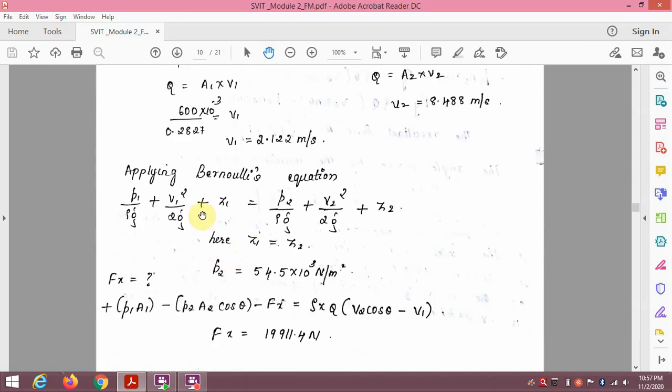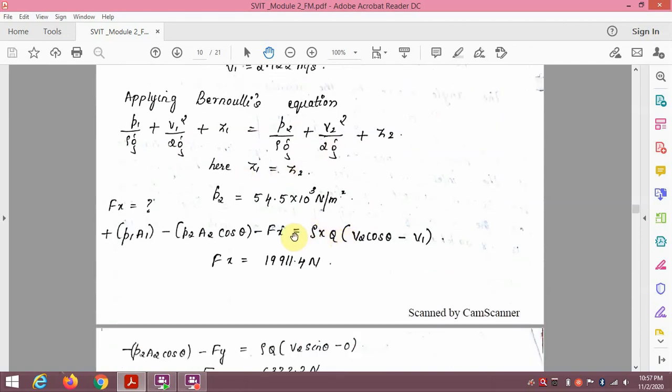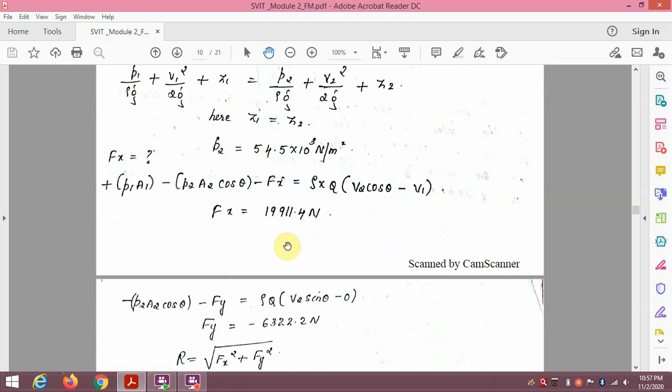Then applying Bernoulli's equation, P1 upon rho g plus V1 square upon 2g plus Z1 is equal to P2 upon rho g plus V2 square upon 2g plus Z2. Here Z1 is equal to Z2. Therefore, P2 is equal to 54.5 into 10 raised to 3 Newton per square meter. Therefore, Fx is equal to how much? That is P1 A1 minus P2 A2 cos theta minus Fx is equal to rho Q into V2 cos theta minus V1. Therefore, Fx is equal to